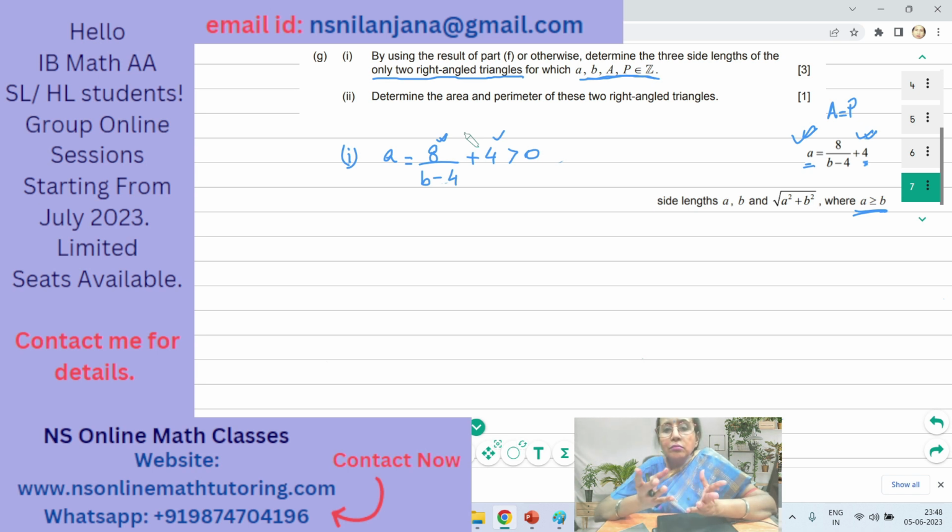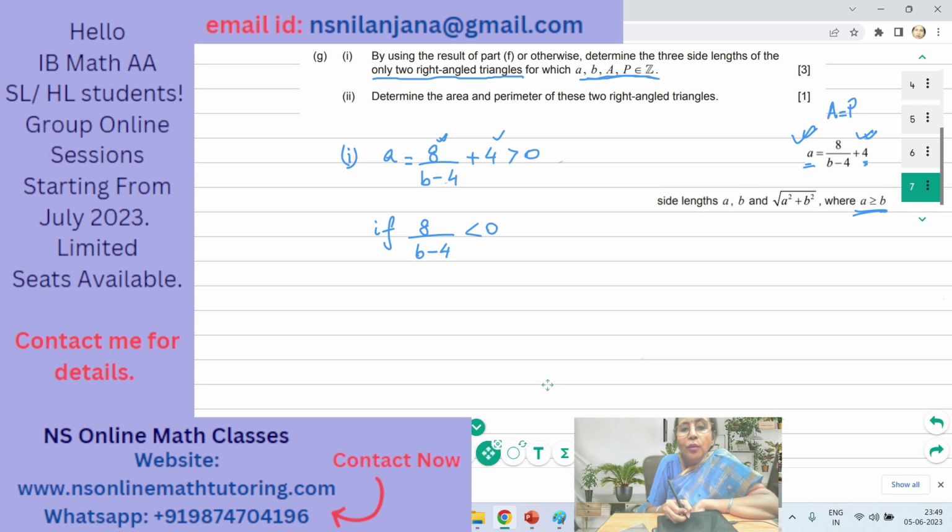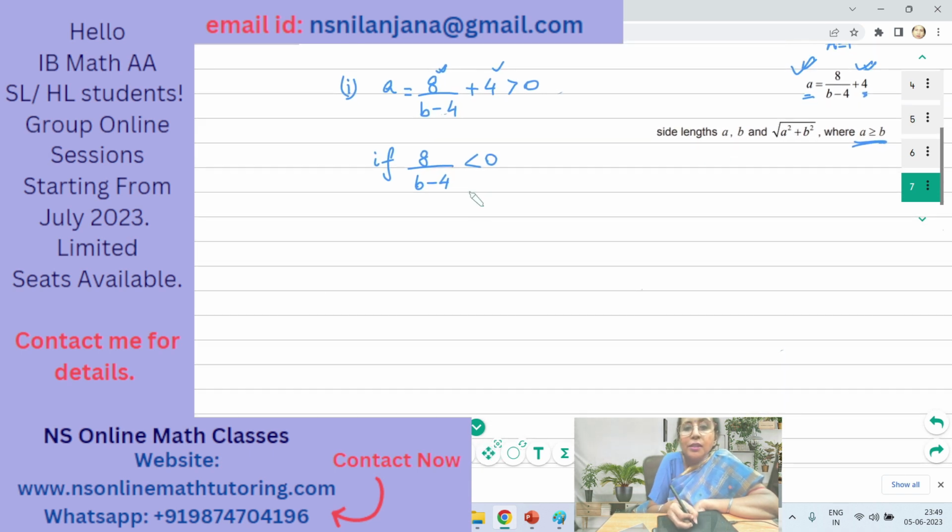And also we can have 8 over (B minus 4) to be a negative number. Let us first of all start with negative. Then we can go to the positive section. Okay. So what values can 8 over (B minus 4) have if this is a negative number? If 8 over (B minus 4) is less than or equal to 0, let me write, then